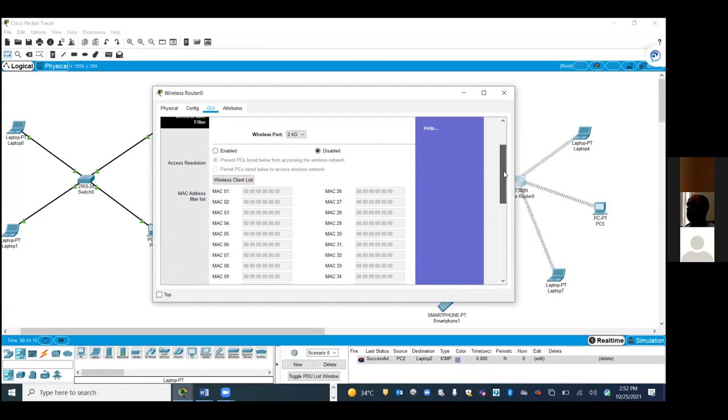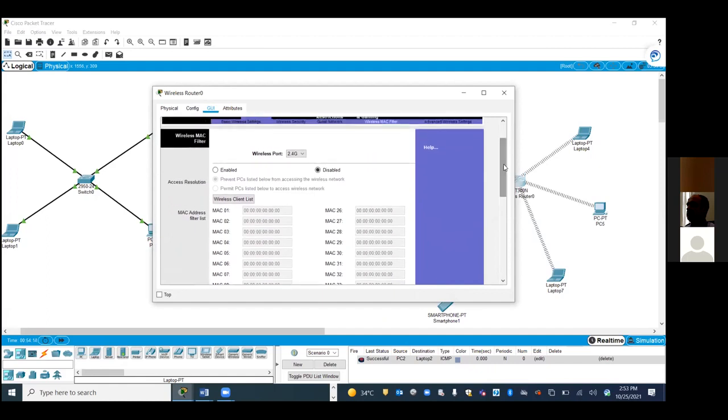Can you see wireless MAC filter? If you enable it, you can specify the Wi-Fi MAC address, then you can restrict that person.